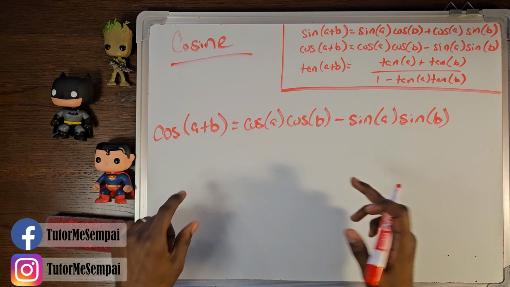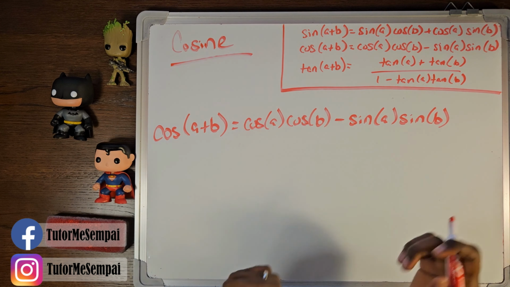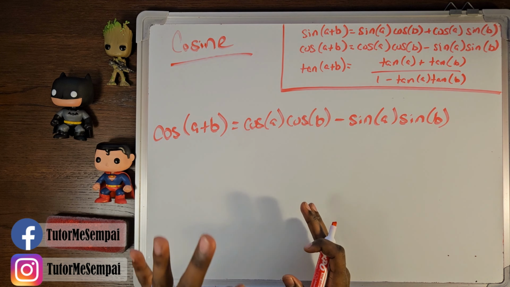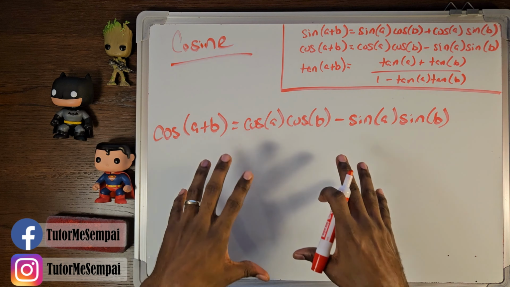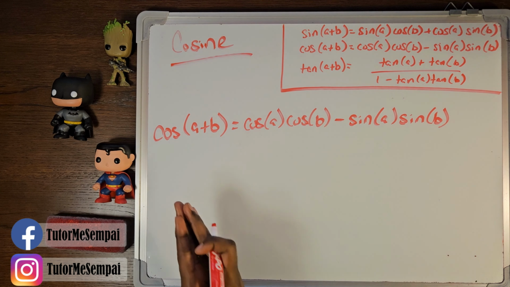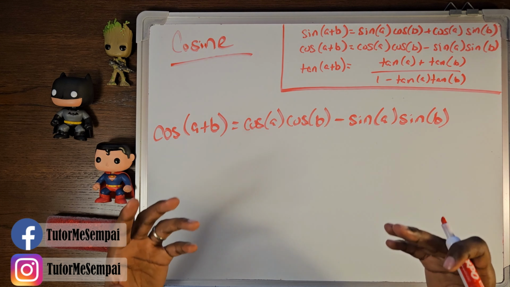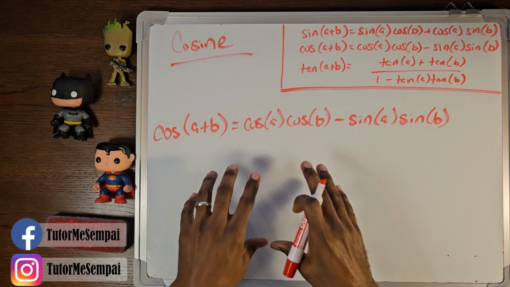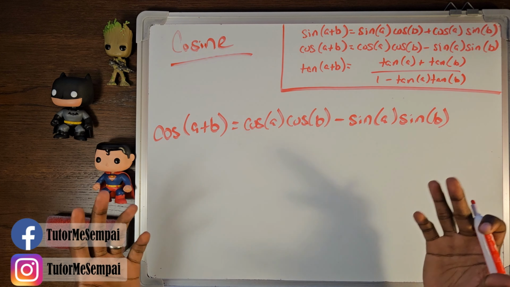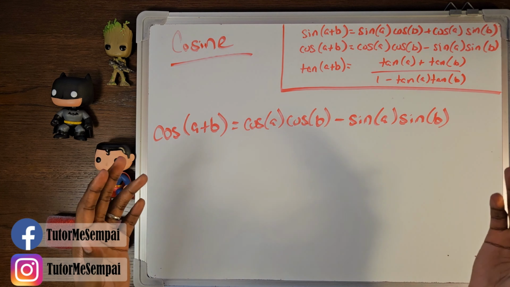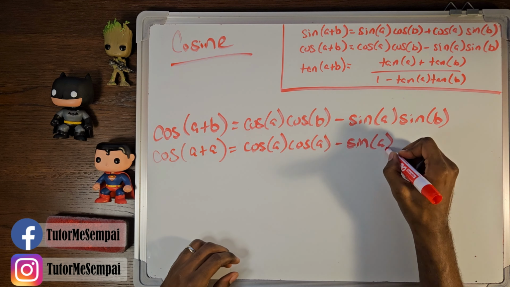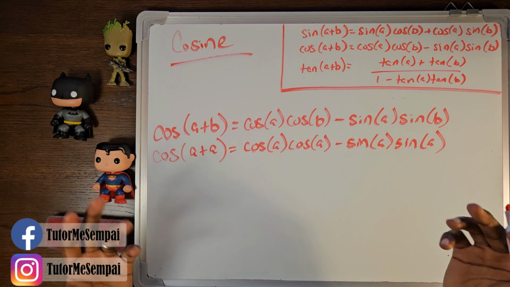So here we're going to be starting with our cosine angle sum identity. However, before we get started, there are actually 3 different double angle identities we can derive from this one identity here. The first one's going to be done using the same thing we just did for sine, and we're going to be using the Pythagorean identity to take that next step from what we're going to get. And you'll see what I'm talking about in just a moment. So just like we did, we're going to replace all the B's with A's. So we're going to have, and when we simplify everything, we're going to get,